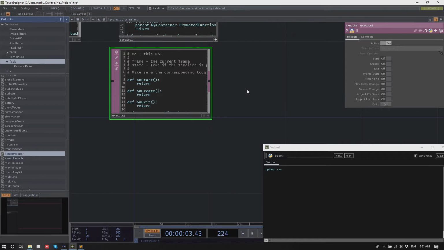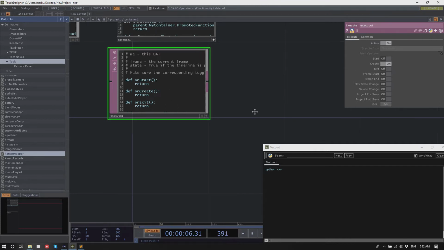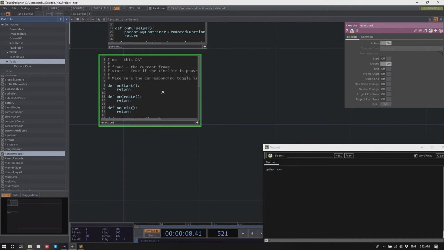What is onCreate in this case? Sorry? What is onCreate in this case? Create. That's actually a good question. What is created?